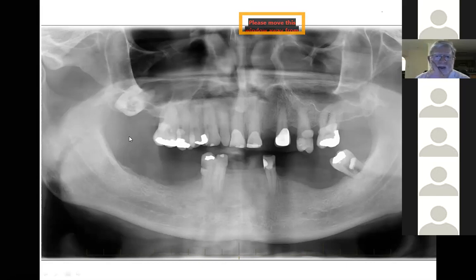Okay, and the main feature here on that 1.8, it's uninterrupted, is it's undergoing resorption. So we had a similar case a few X-rays ago. There's caries there, but the main feature here is that